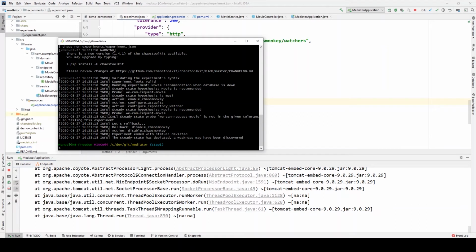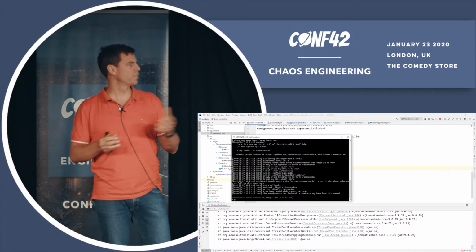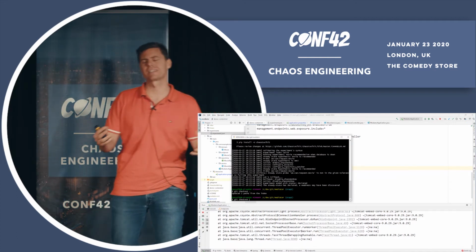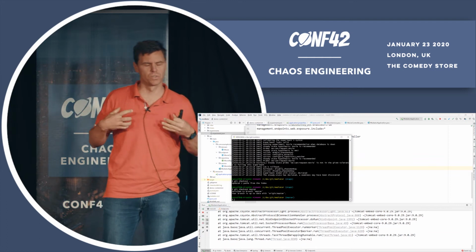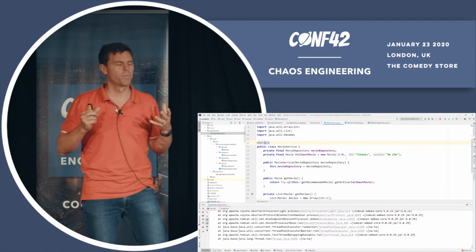We can show that in Postman too. It's like now crashing with exception. No, because you've disabled chaos. But it doesn't matter. It's not requesting movies, correct? It's not delivering movies, but we want to. We want to deliver movies all the time. Even when the database is down, we can't get the movie which might be recommended to the user based on his viewing preferences, but we want to